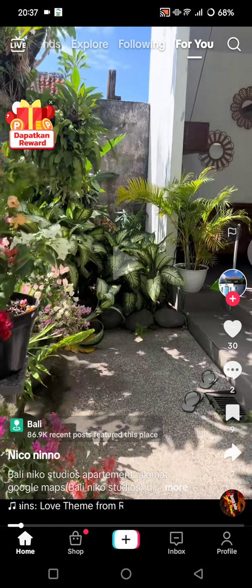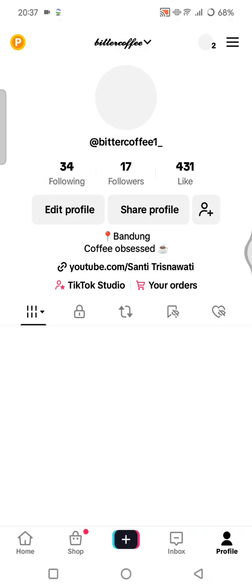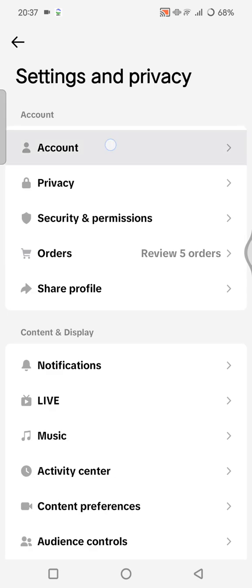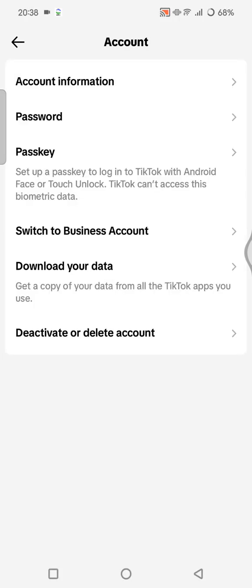First, you need to confirm the eligibility for Creator Search Insight, because the feature is typically available for TikTok business accounts or creator accounts. So to access it, you need to check your account type. You can go to your profile, tap on the three lines, Settings and privacy, and go to Account. And here you need to ensure that your account is set to business or creator. As you guys can see, I only have a personal account. So if it's still not business or creator, you can just switch to a business account by clicking on this